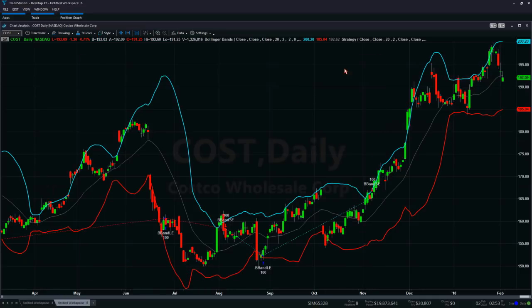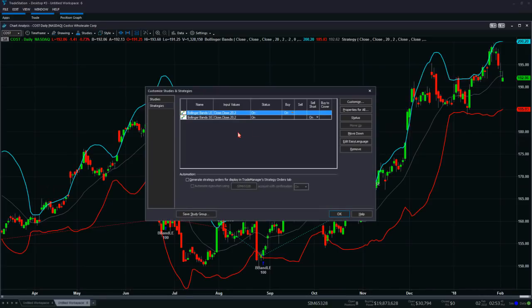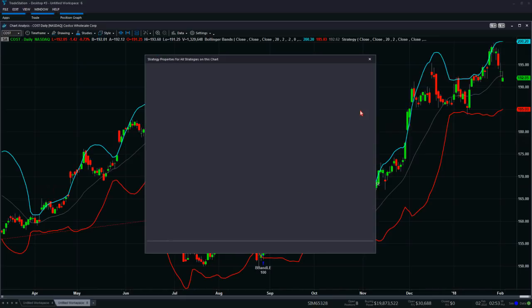Now let's go ahead and make some changes to the strategy. I did talk about the strategy not trading again until it goes into the opposite side. But I can format the strategy. Let me go over here to my studies. Go to Edit Strategies. You have the list of the 2 strategies you have there. And I do encourage everyone to come here to this button that says Properties for All,